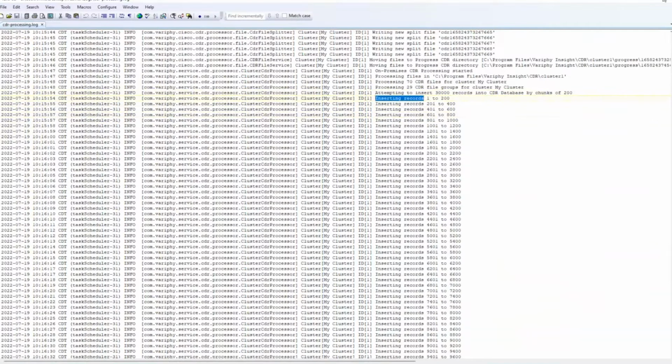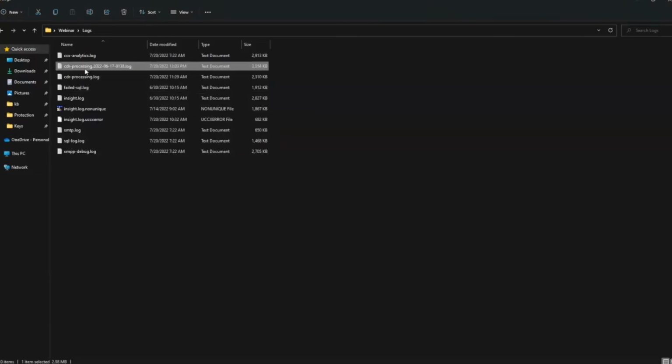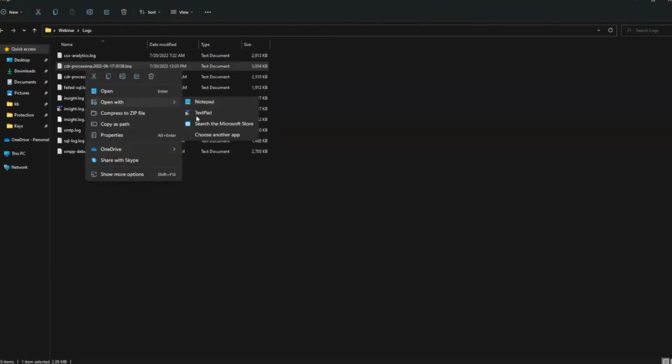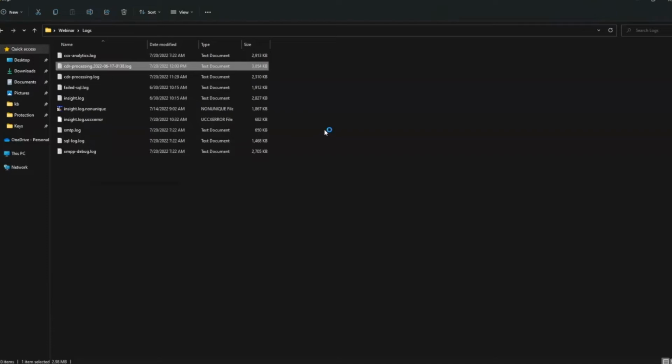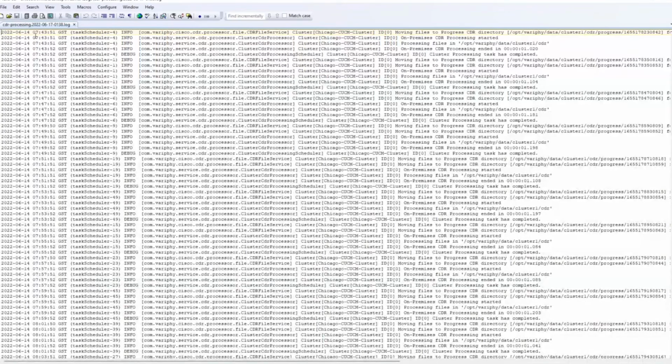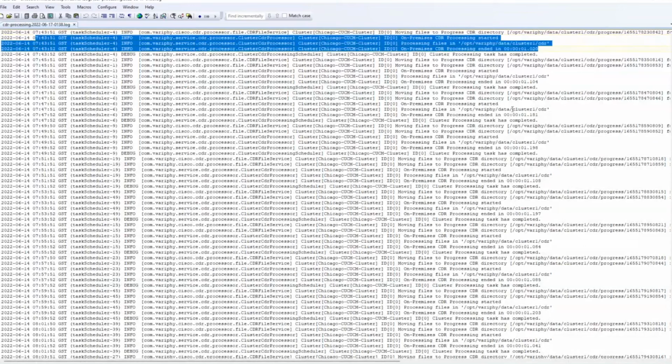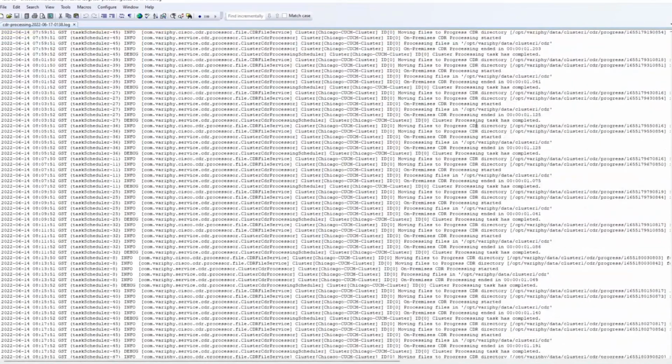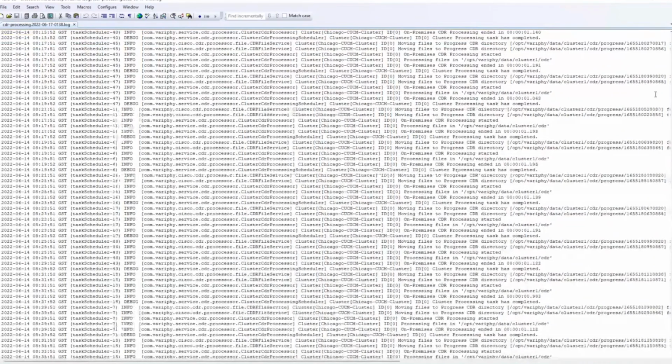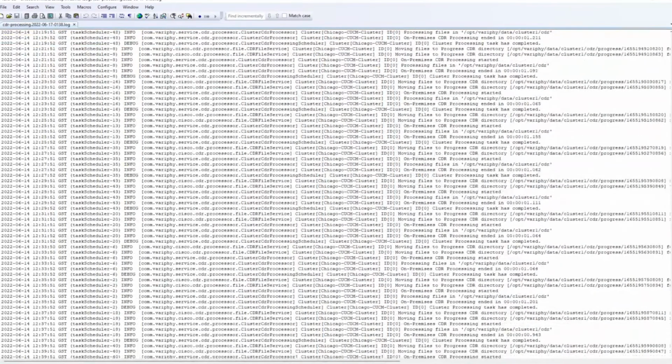Actually, I'll wait for the next log. We can go to this log here. This was an actual system log for a system that was down for 10 days. Small system, but it was down for 10 days. So right here, we can see it's not collecting any data. It's just going through the routine, nothing there, nothing there. It's waiting for data to come across. At some point, I believe a couple days later, or maybe a day, where do we find it?